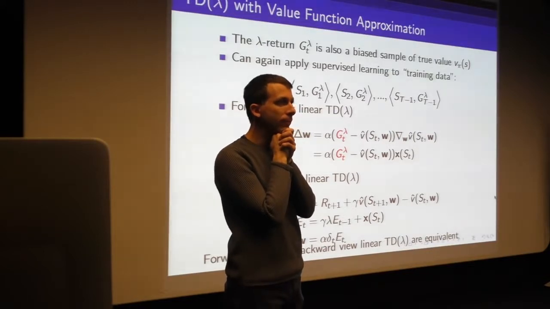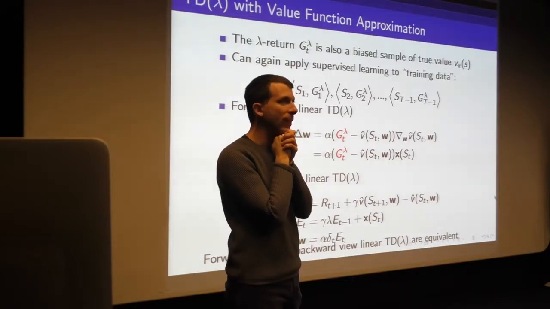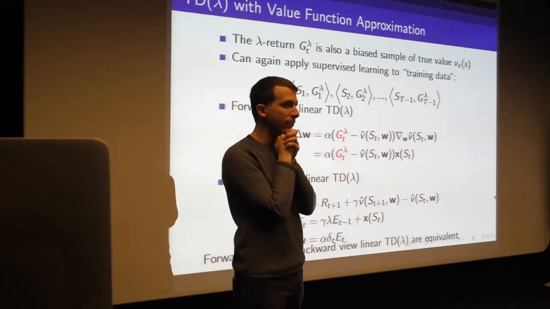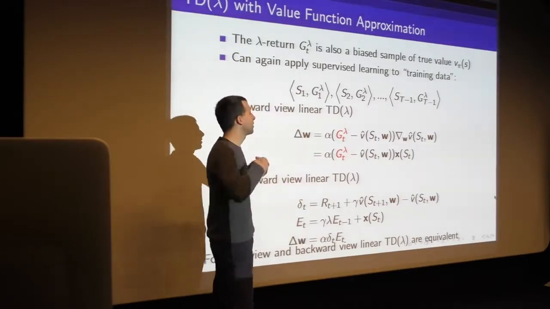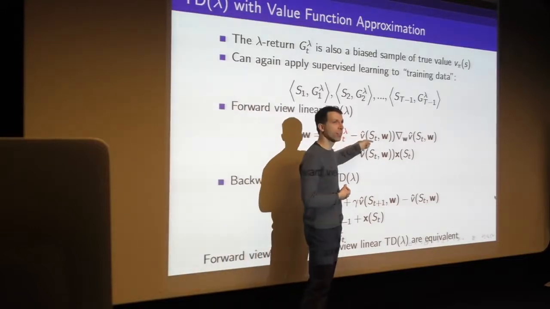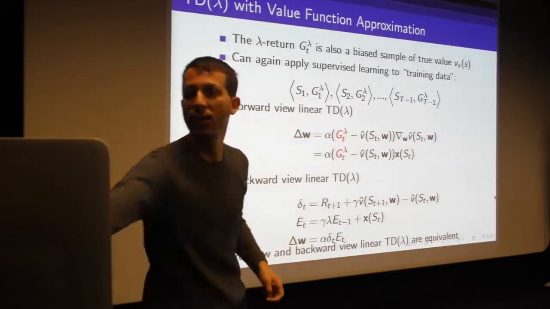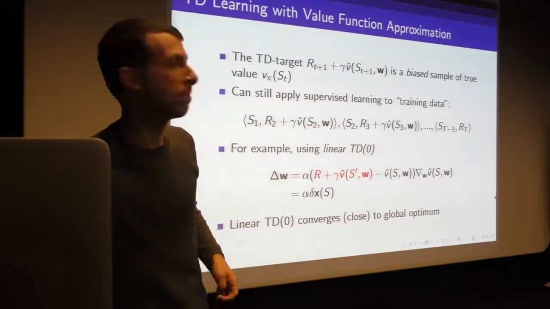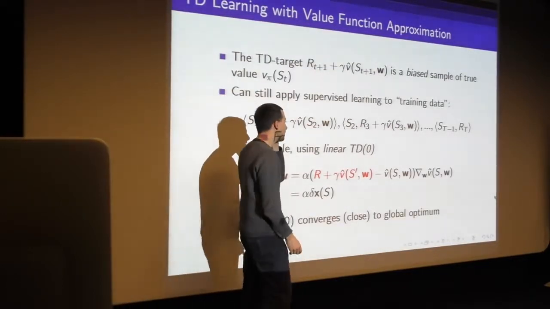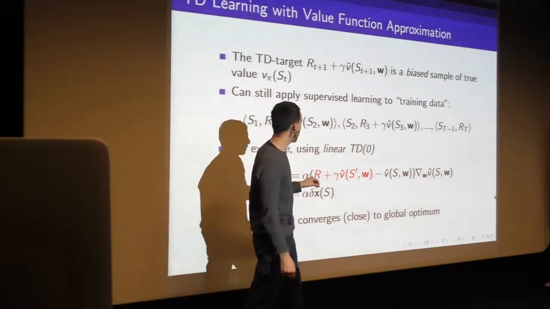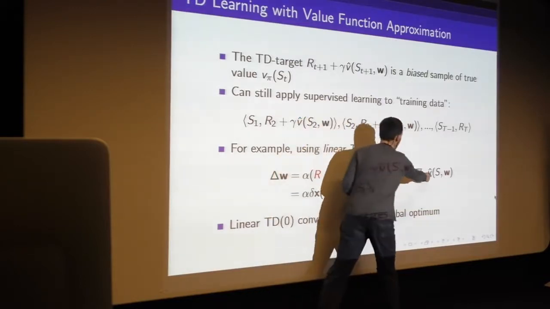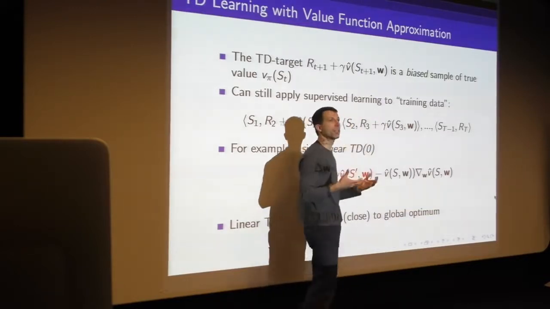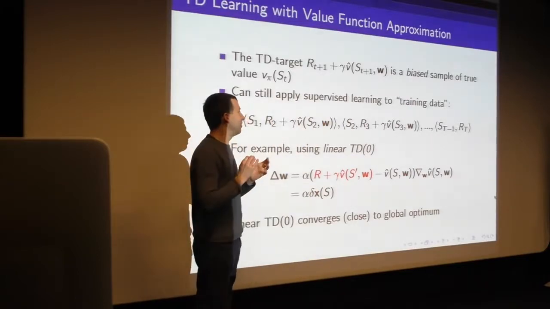So G lambda, the target in these slides, depends on the value function. Yes. So why don't we have a term for that dependence in the update? Okay, great question. So the question was, why does the gradient only depend on our predicted value function? Let's go back to the simplest case with TD0, because we can still ask that question already here. When we take the gradient, why don't we take the gradient of both the target and our function approximation? Why is the gradient only of our function approximator? The answer is,